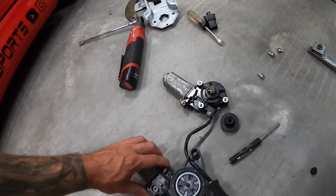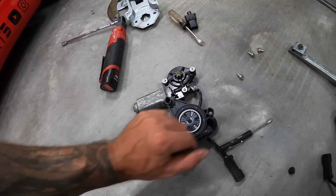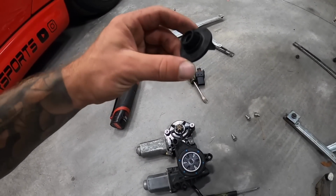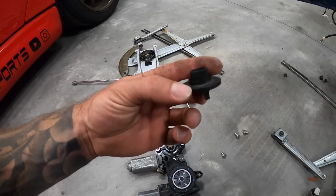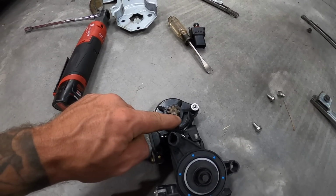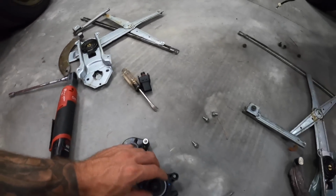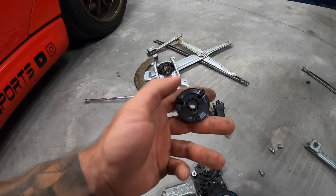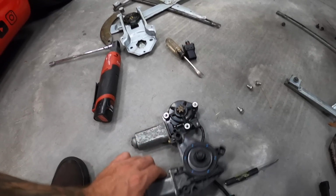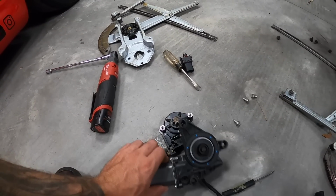And I was just comparing the Hellcat window motor to the Dakota one from our old one. I would like to at some point try to figure out how to get this on here. And you can see they're a fairly similar configuration. What I think I will do, when I have more time, is get a 3D printer and make something like this and copy this so that I can put this into here, but it has the same 7-spoke little sprocket here so that it meets up with our gears right here. Because if I can 3D print one of these that has this 3 gear on the back and then this 7 gear on the front and just drop it into here, then I can mount the Hellcat motor, then I can have one-touch windows, because right now I just have the basic old window switch